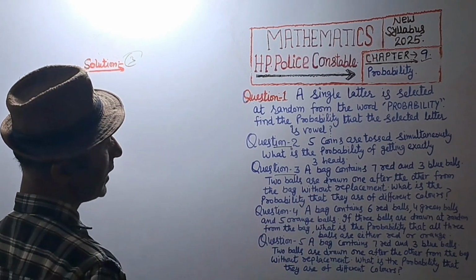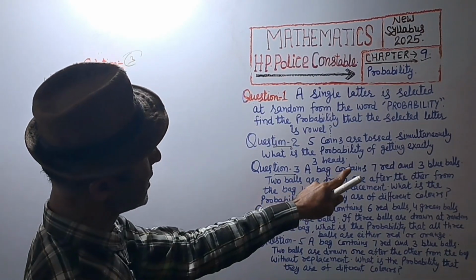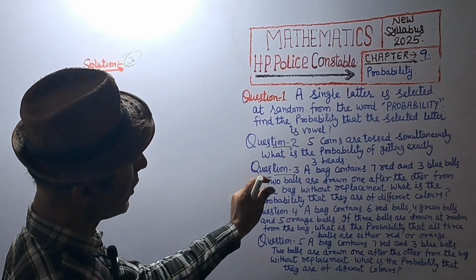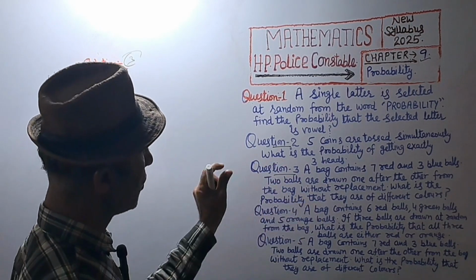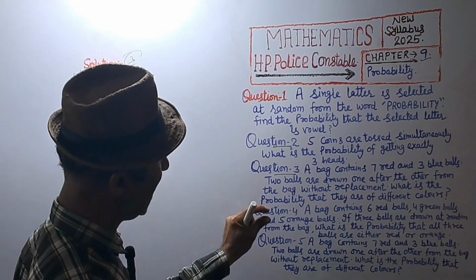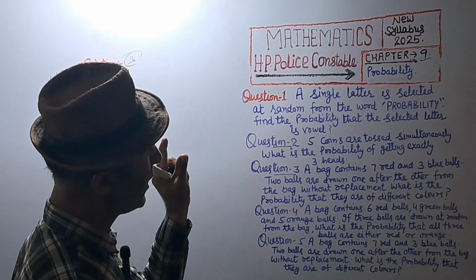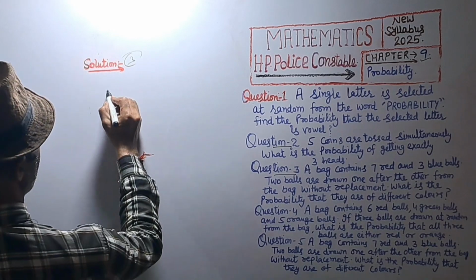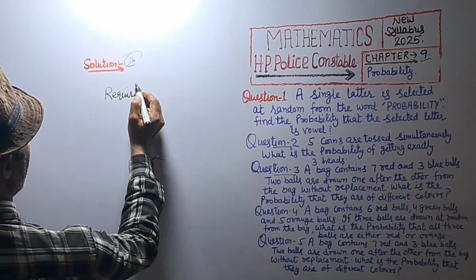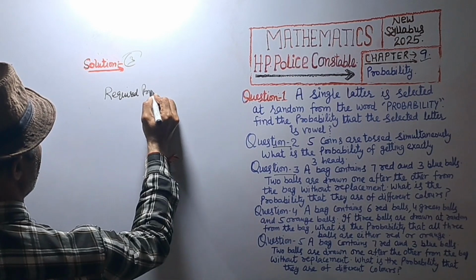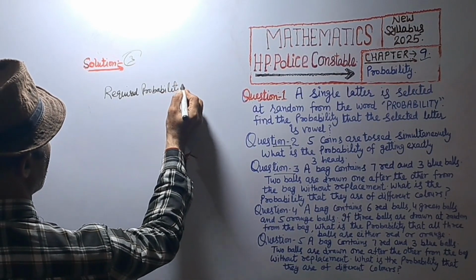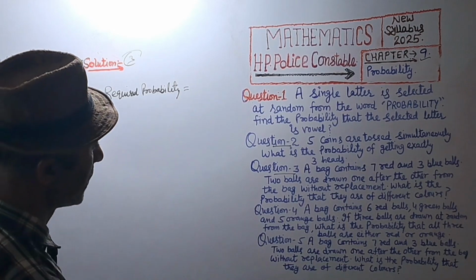Question number 3. A bag contains 7 red and 3 blue balls. 2 balls are drawn one after the other from the bag without replacement. What is the probability that they are of different colors? Required probability equal to